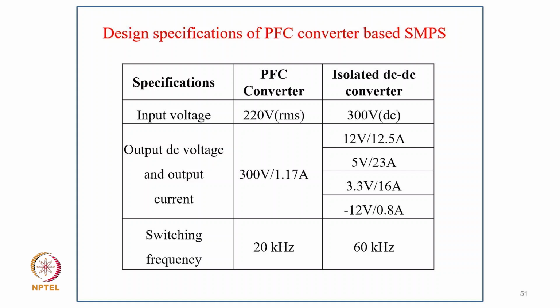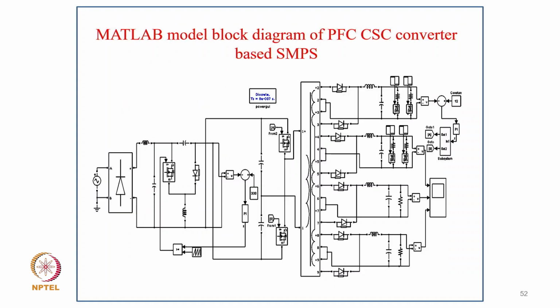So that's all. Coming to the design specification, this is one typical case of a power supply with decoupling voltage. The input voltage is typically 220, but it can vary over a wide range. The output DC voltage with decoupling is normally 300 volts, and the switching frequency for the input stage can be 20 kilohertz. Normally the isolated DC converter is designed for 60 kilohertz, but in many applications we further increase the switching frequency from 60 kilohertz to maybe 100 kilohertz or even 200 kilohertz, because that again reduces the size of the transformer as well as the energy storage elements in these converters.